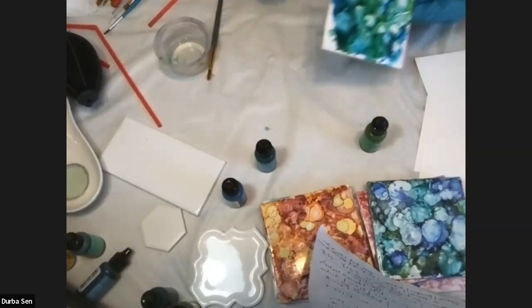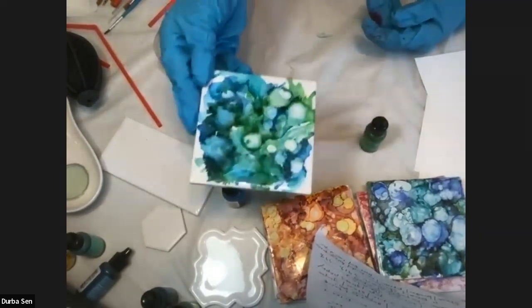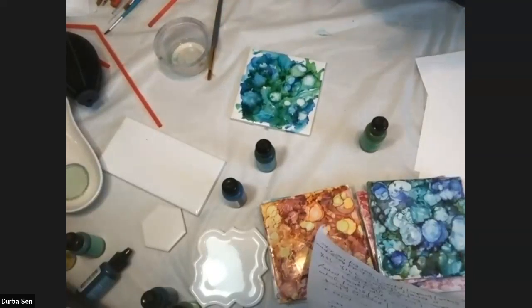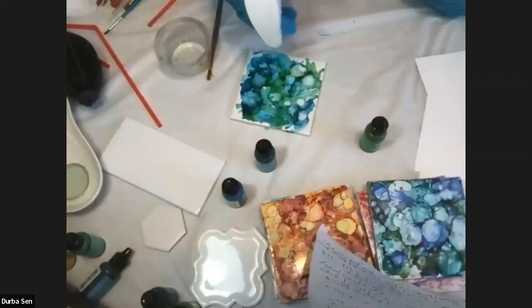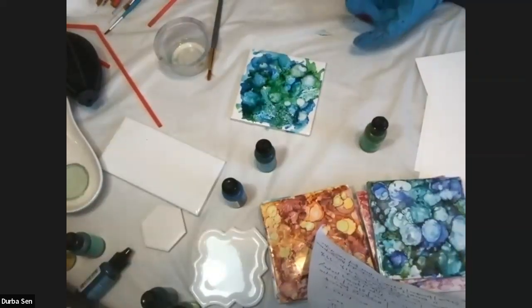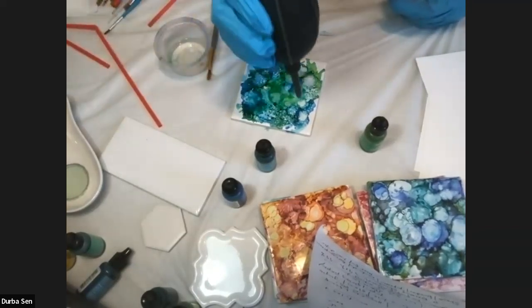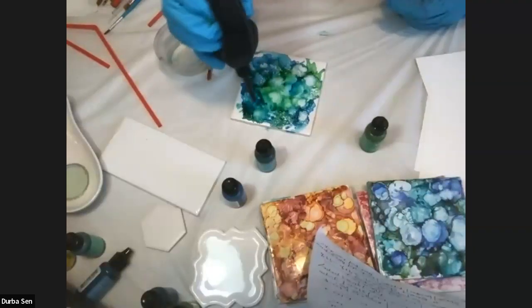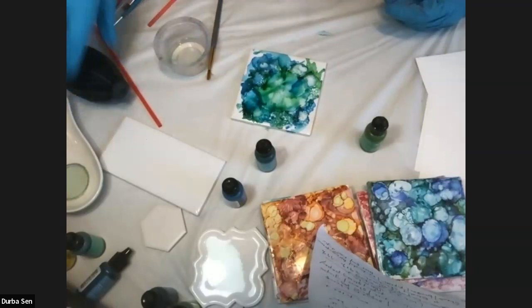So this is one example that I have, and you can see it's mainly blues and greens. The other thing that you can do to create cells here is add the spray. You can move it around, but you can see the sprays. If you use the bulb, they are bigger cells. If you use the straw,